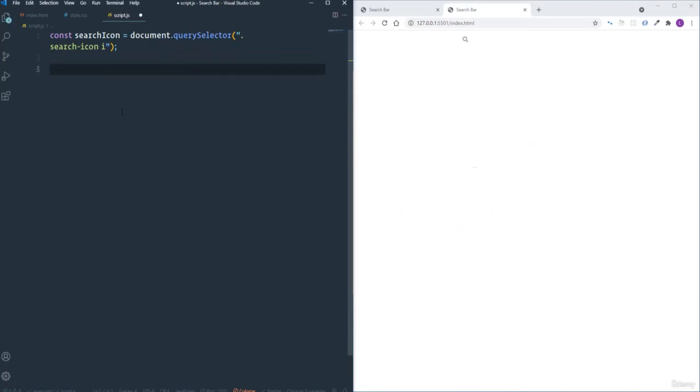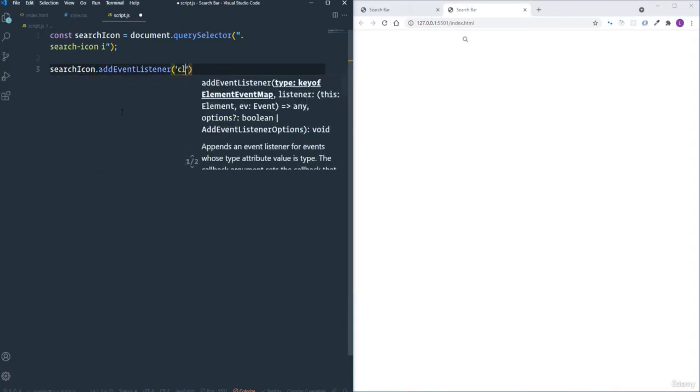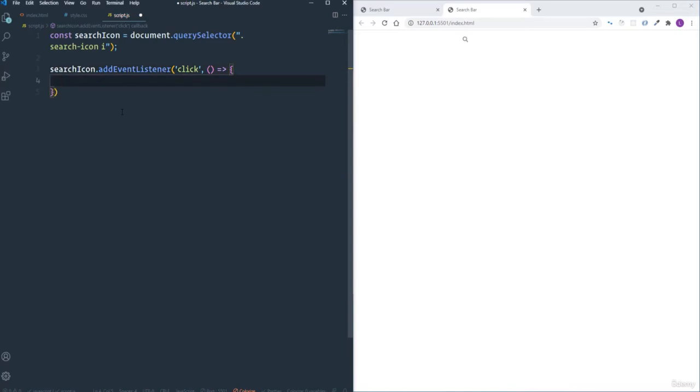Okay, after that I'm going to add an event listener to the search icon. We have to specify here the click event, and also we have to pass here a callback function which will be executed once we click the search icon. So as you know, we have to apply the animation property to the search icon. In order to do that, I'm going to add a new class to the search icon, I mean to the parent element. Then we will select that element using the newly created class in CSS, and we will apply the animation property